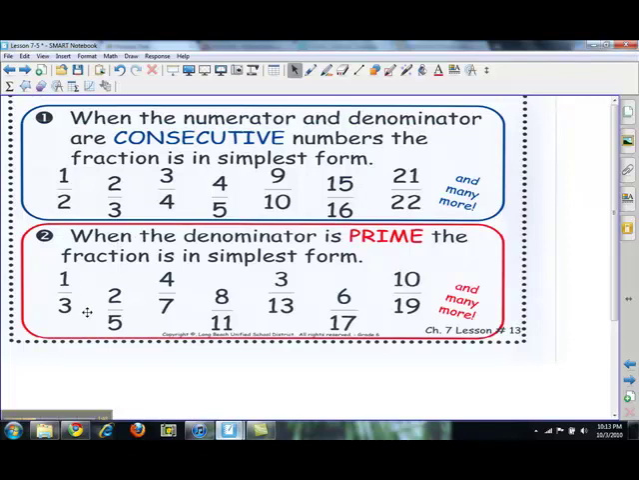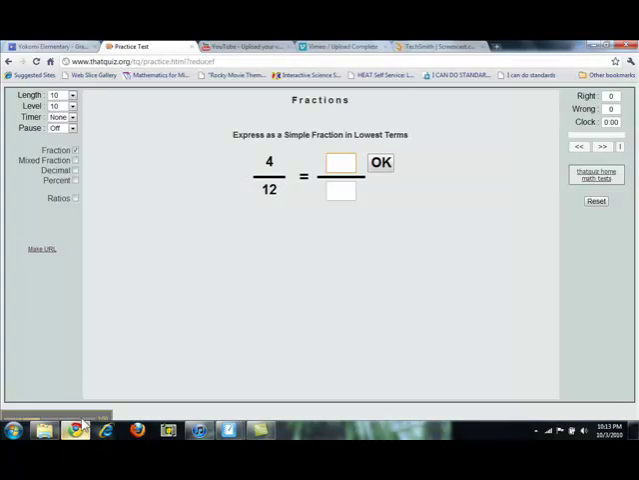If the denominator, that bottom number, is a prime number, such as 3, 5, 7, 11, 13, 17, 19, it is prime, then the fraction is already in simplest form. Let's practice some with simplifying some fractions. Let's look at